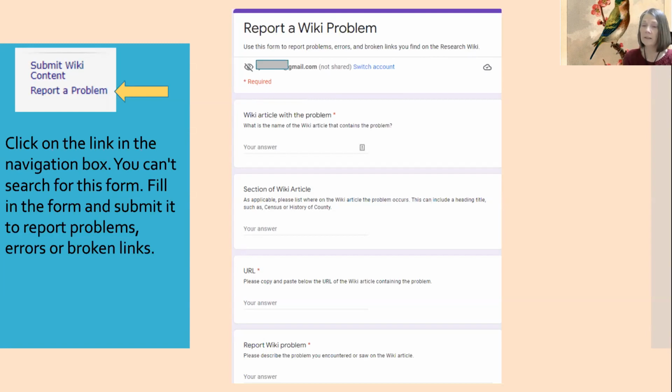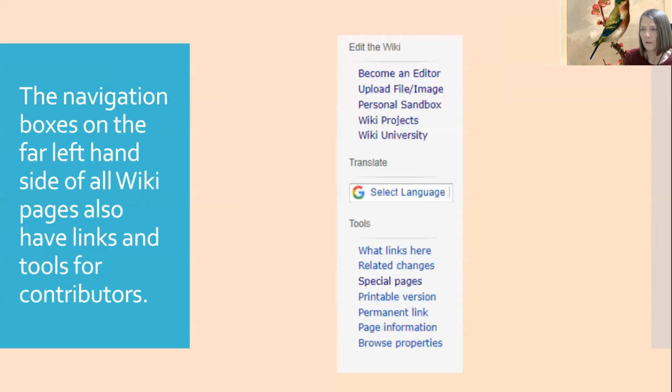And if you see something that's inaccurate, don't hesitate to tell the people about it, because they'll do the same thing. They'll look at it, they'll fix it, and then they'll put it back in the wiki the way it's supposed to be. Okay, so